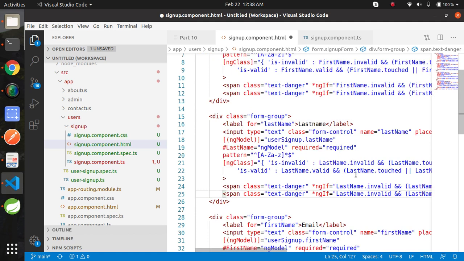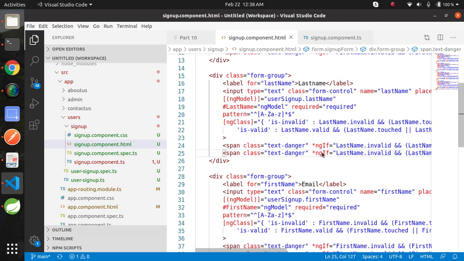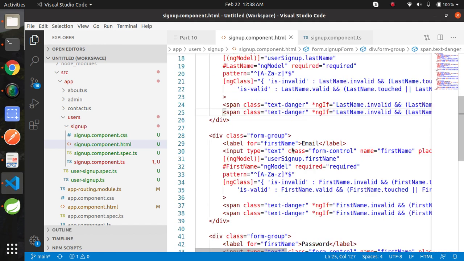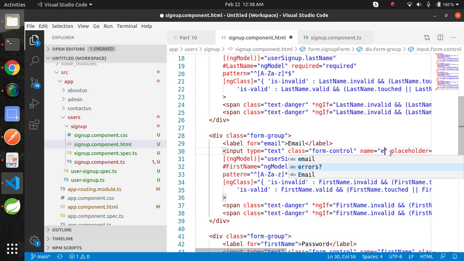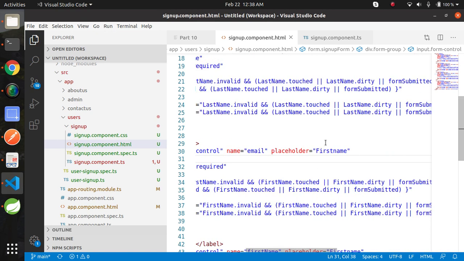I think it's fine. Now go to the email and here change email, email, email, placeholder, email.